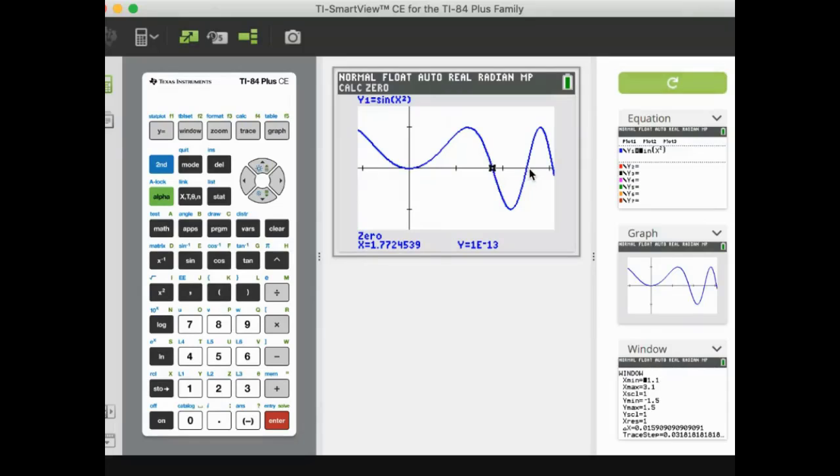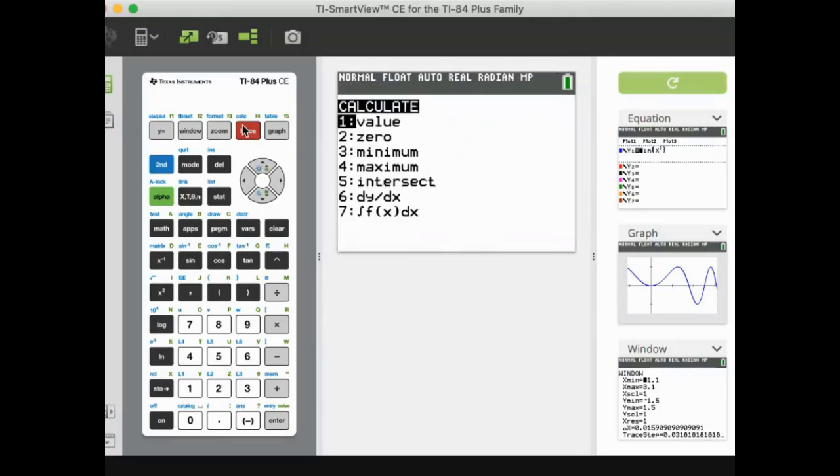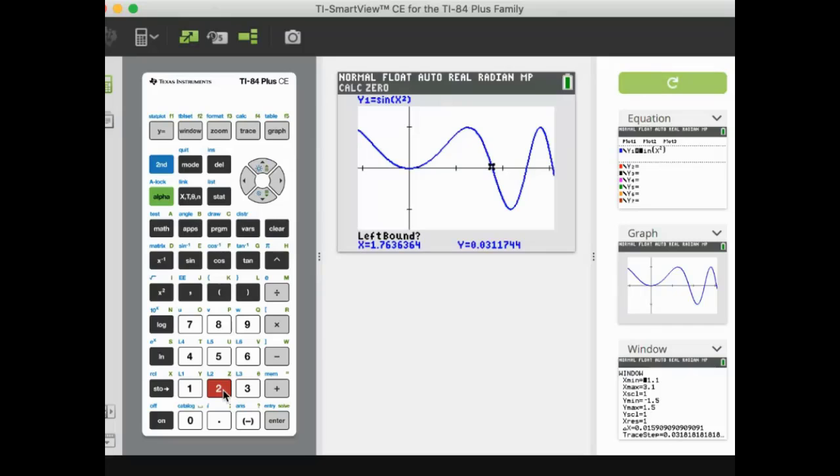Now we're gonna go ahead and do the same thing for this value over here. So I wanna find the interval where our original function is decreasing. So I'm gonna go second, calculate. I'm gonna find the 0. This time, this value is between 2 and 3. And I could use 3 this time because it's not at the end, okay? So that's why I like to go sometimes a little bit further on both sides, because sometimes it doesn't let you use the point if it's on the end point. So be very careful with that. So I know it's between 2 and 3. So I'm just going to say 2, enter, 3, enter, enter on guess,